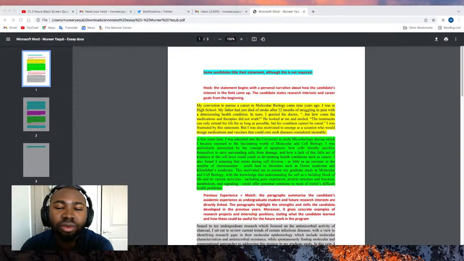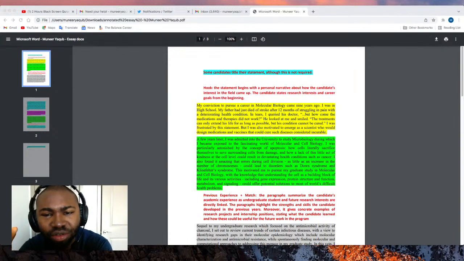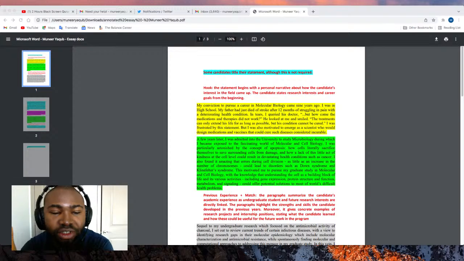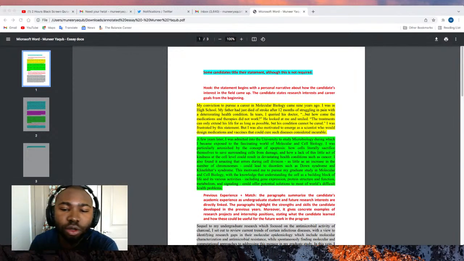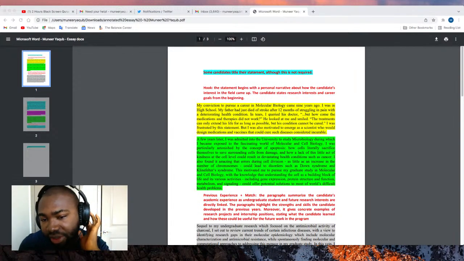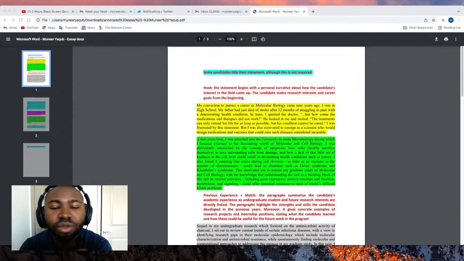So just tell your story, right? Start with something grabbing. It doesn't have to be a story. Let's start with something attention grabbing, something that will make the reader feel like I want to finish reading this statement of purpose. So after the first paragraph, then I proceeded to talk about